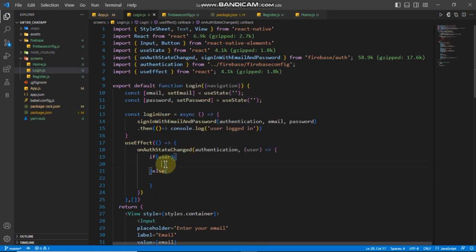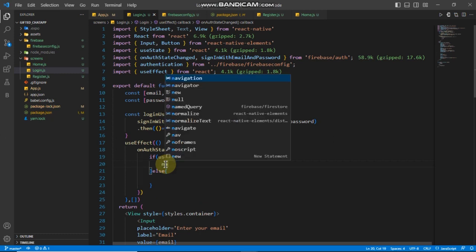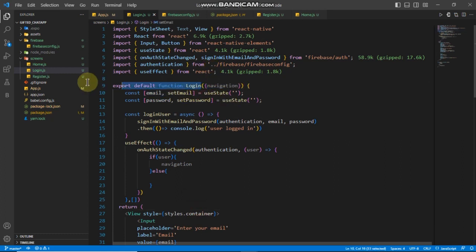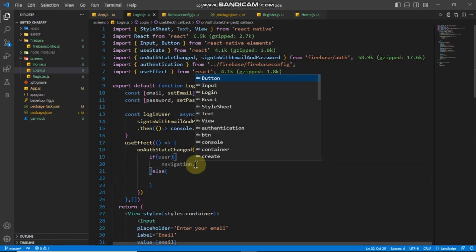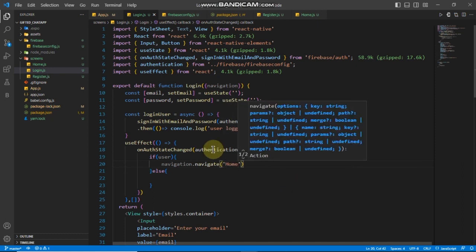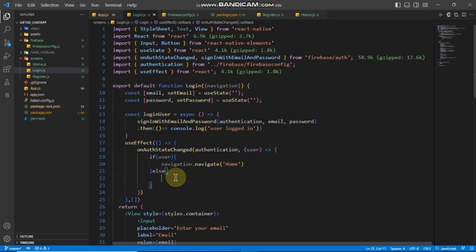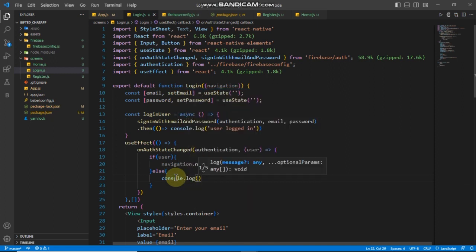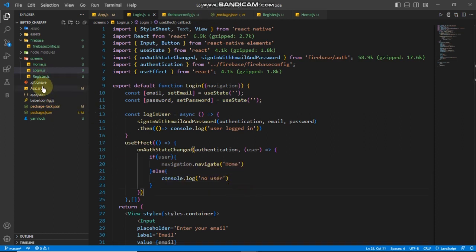So if there is user, now we need to call on navigation. Remember, we have access to this navigation in our login because we registered it in our stack navigation. So we want navigation.navigate to our home, else we'll just console.log no user. So for this to work, we need to go to our app.js and